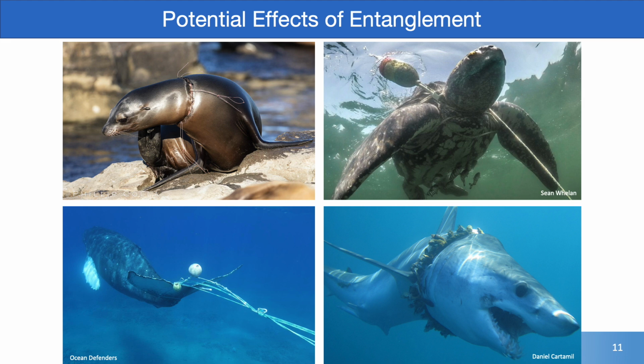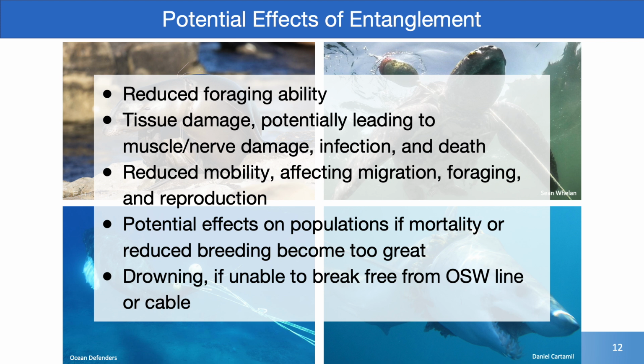And I think it's really important to remind ourselves of both the physiological and population level effects that entanglement can have, especially because for many of these species, entanglement can be the leading risk to their population viability. Some of these impacts include reduced foraging ability, tissue damage, potentially leading to muscle or nerve damage, infection, and death, reduced mobility, affecting migration, foraging, and reproduction, potential effects on populations, that is the larger group of that animal within